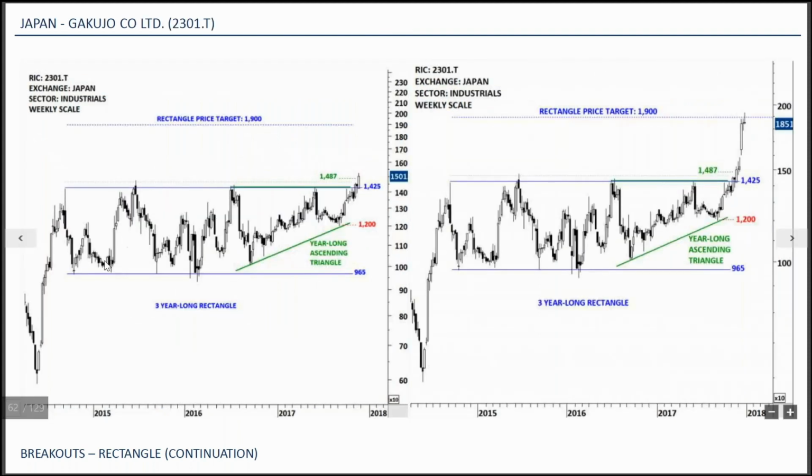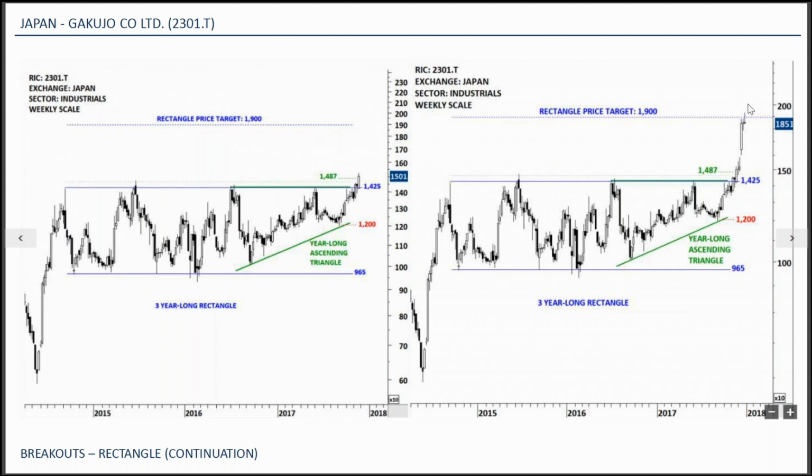This is a Japanese name. The longer the consolidation, the stronger the breakout. So not only did this Japanese name break out of a 3-year-long rectangle, it also completed a year-long ascending triangle at the same level. The breakout was strong, and it was followed by a strong price action towards the chart pattern